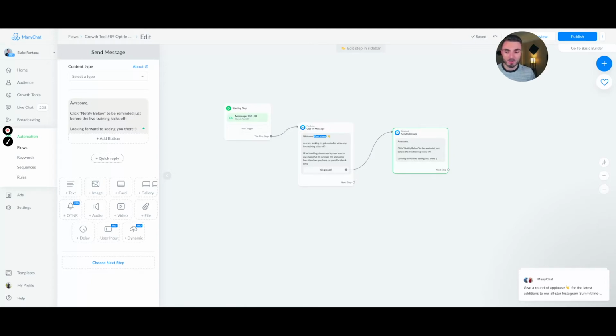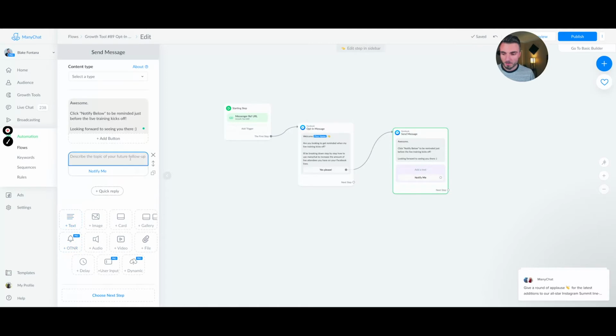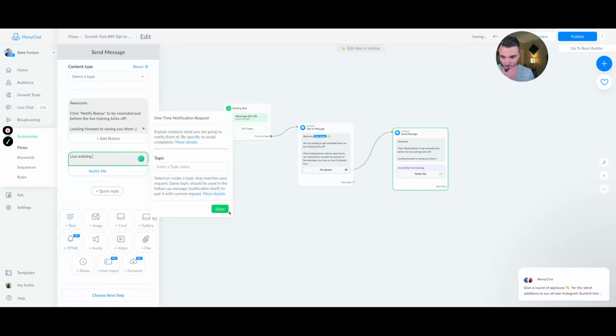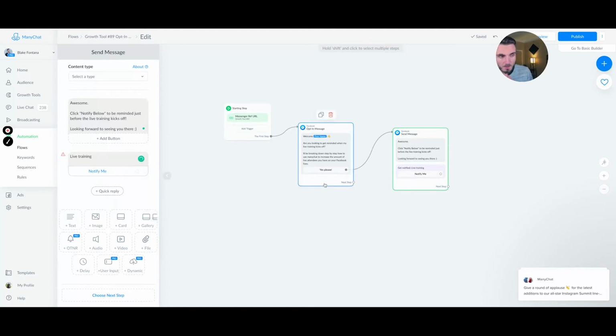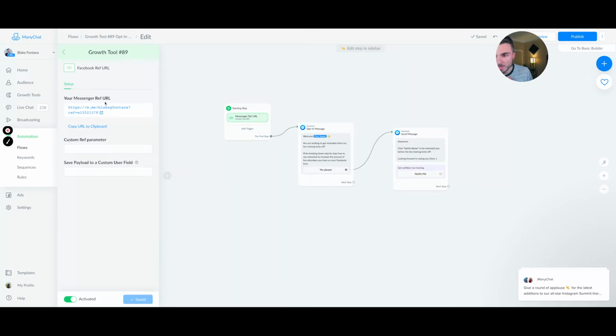So by adding this OTNR, or one-time notification, this allows you to have the right to send a notification and a reminder beyond that 24-hour limit. So we're going to click OTNR here, and we're going to call this live training, and we are good to go. So now when somebody clicks this messenger reference URL, when you send them this link right here,